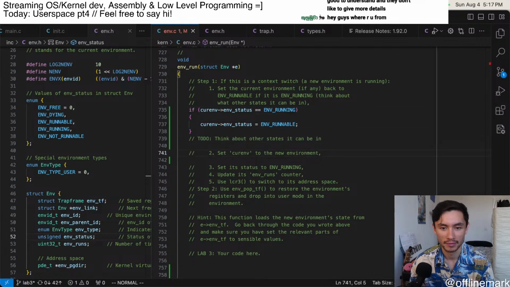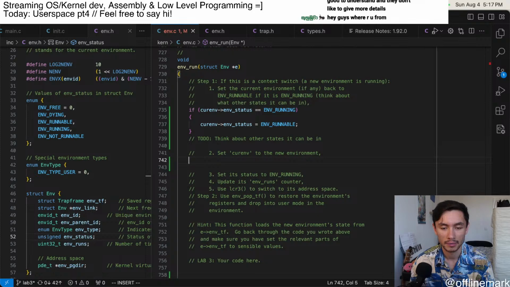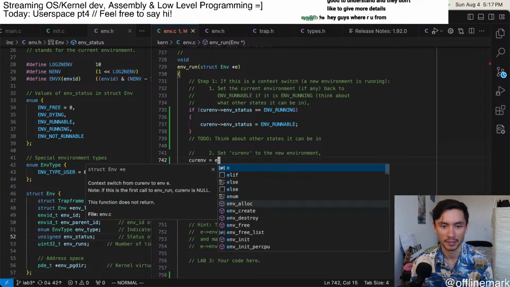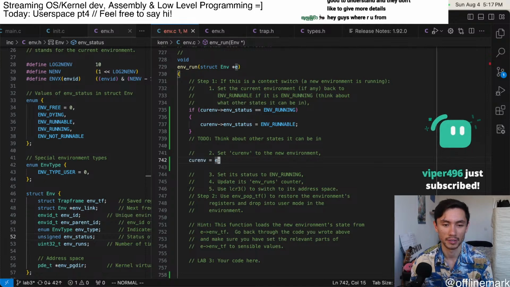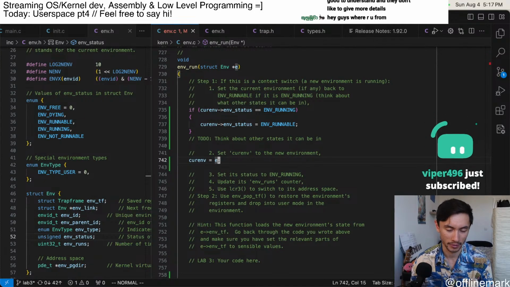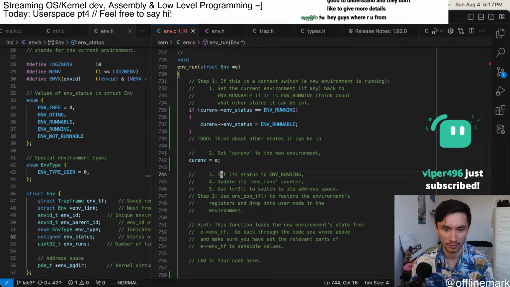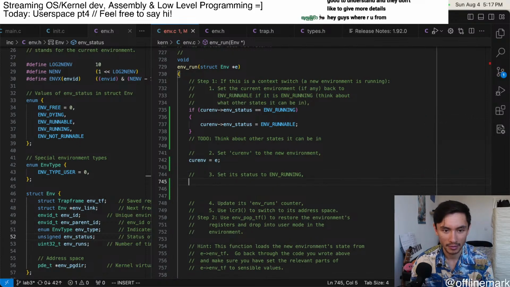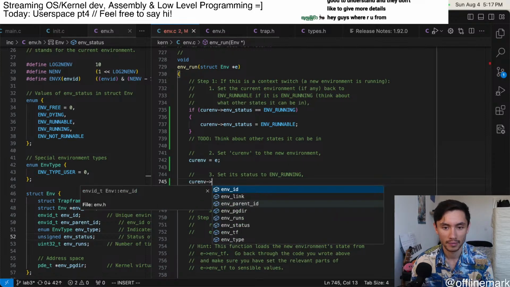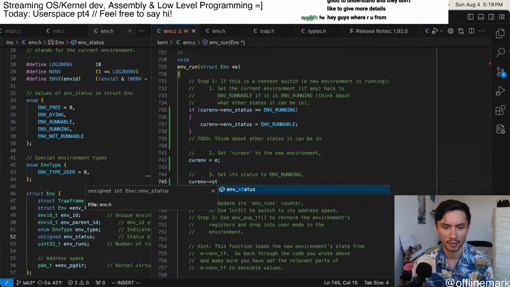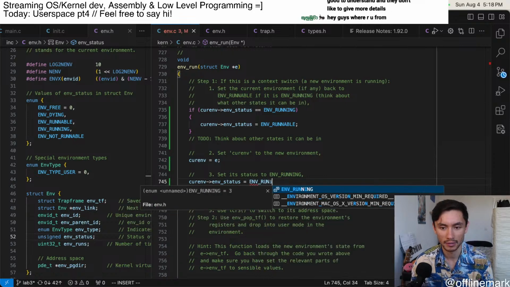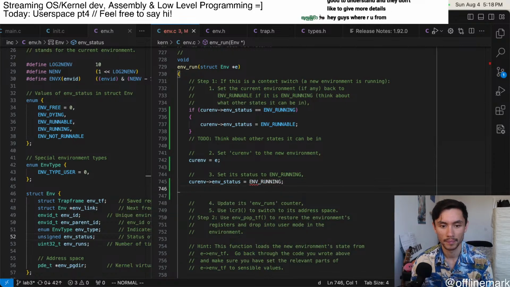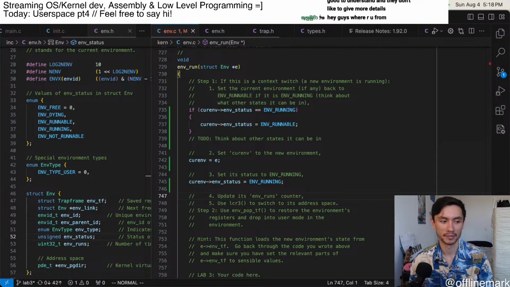Set cur env to the new environment. So I guess I can just safely do this because it's not like we lose it. It's just a pointer into the free list anyway. So I think we can just do that. Set its status to env running. Equals env running. Update the env runs